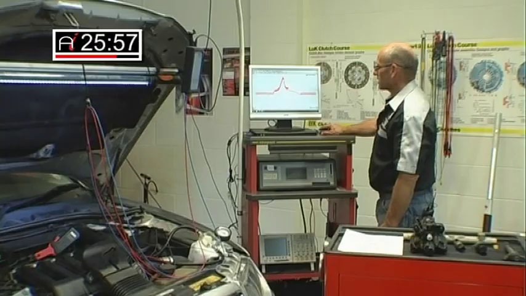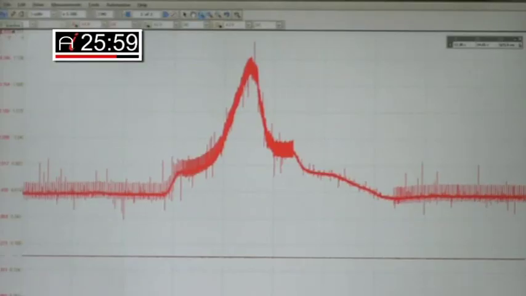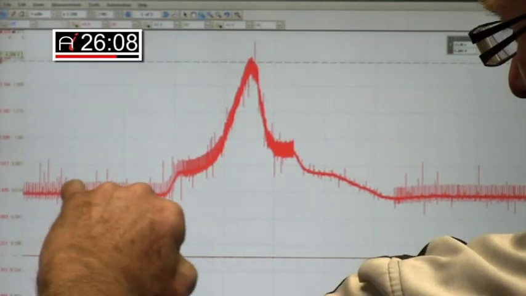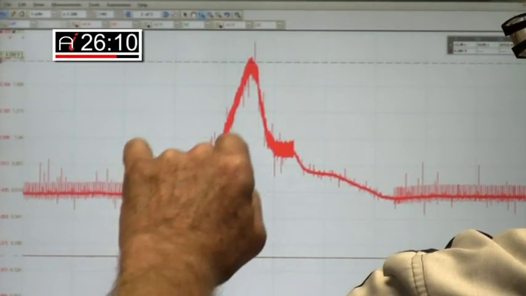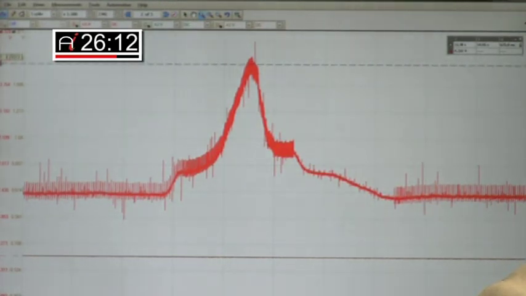So back to the horizontal cursor, I'm looking for a peak value somewhere around there. There's quite a bit of noise. Noise is actually created and caused by the injectors, and of course it compresses. So I'm going to take a mean average of that part of the signal, and it's 4.164, so it's well